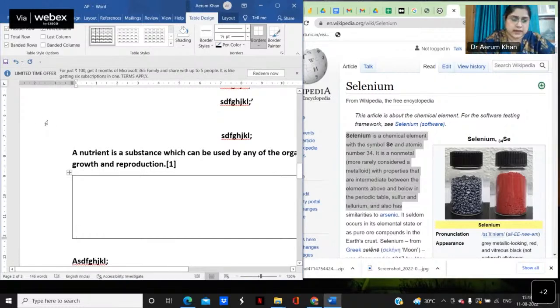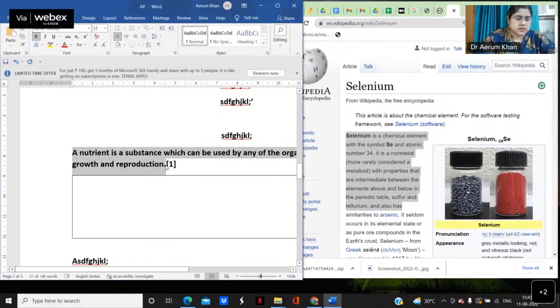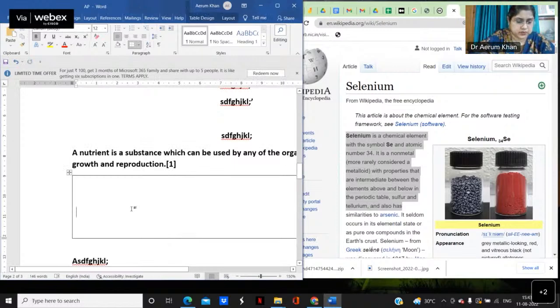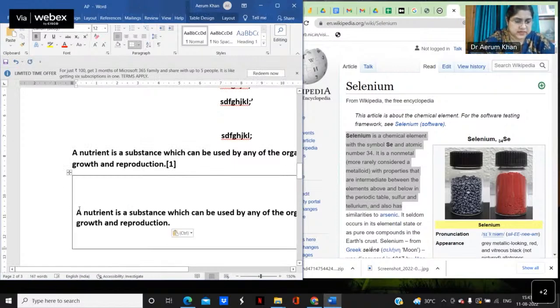Here, I am going to place this much material. I have taken it from Wikipedia, and I'm going to copy it from here. Suppose you are giving some definition or some important thing. Copy that particular definition or any material which you want to give in the box. Copy it, and here I am going to paste it. So I have pasted it here,